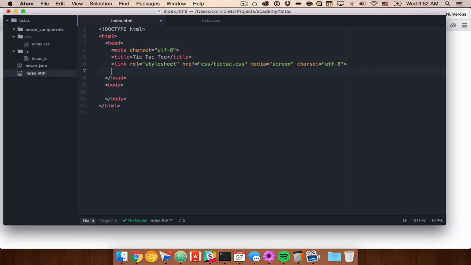And same goes for our script. We have the ability to add our script source, which is going to be js/tictac.js. And then we can also go ahead and load jQuery, but we will want to include jQuery before we